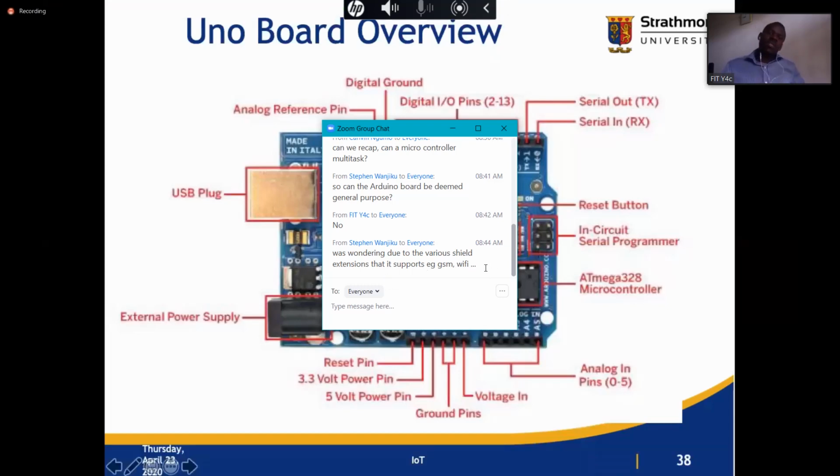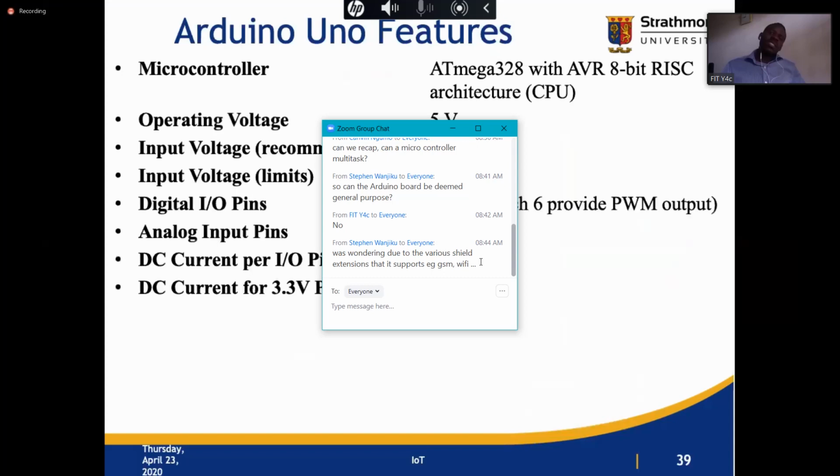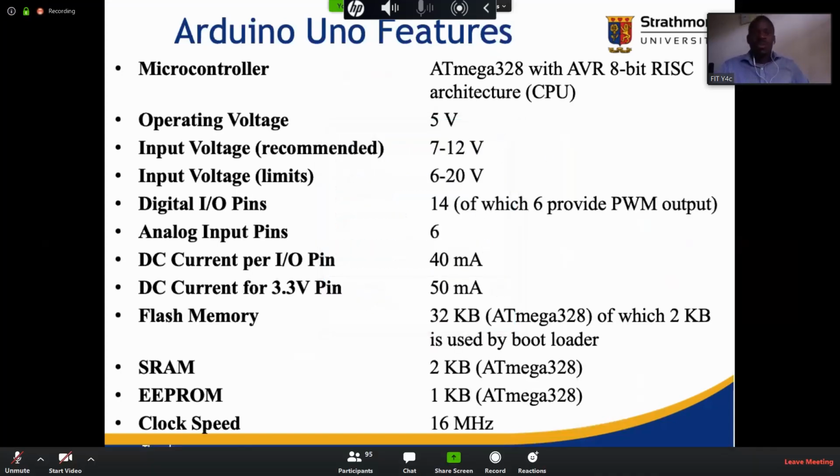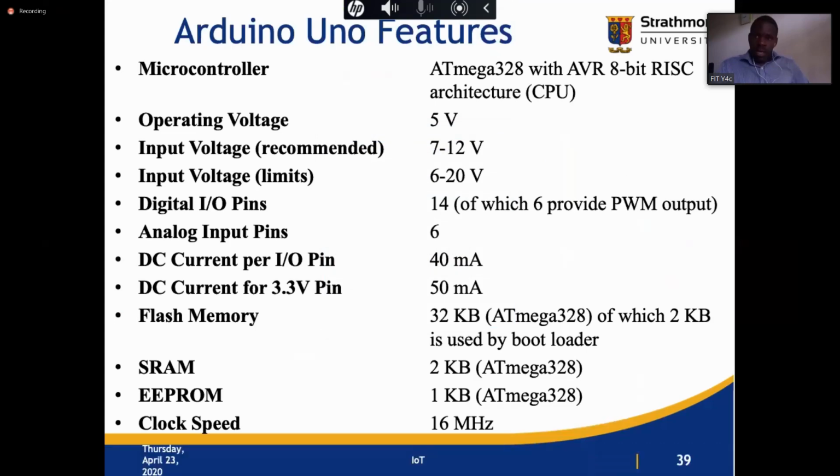So these are the features. We look at them. So this is the capabilities for each bit. As you can see, it's a RISC architecture. I hope you remember the difference between RISC and CISC. Okay. Then you need to pay close attention to the voltage. If it's 5 volts, please, when you're doing your components, make sure you don't do under voltage or